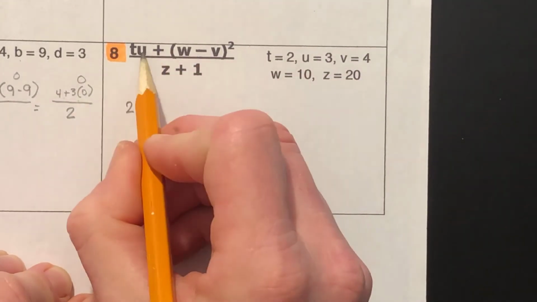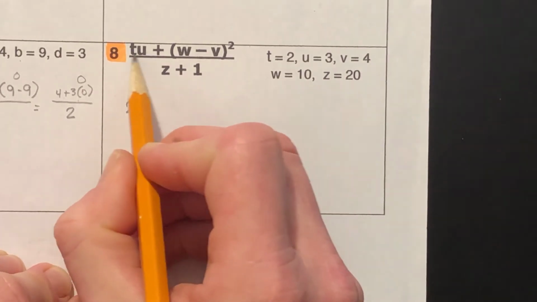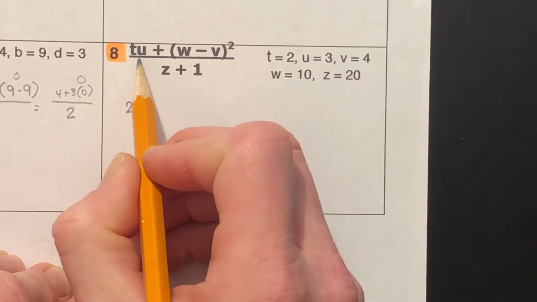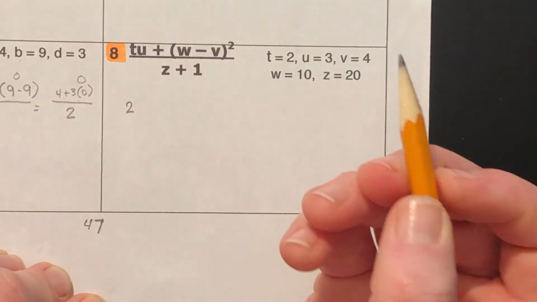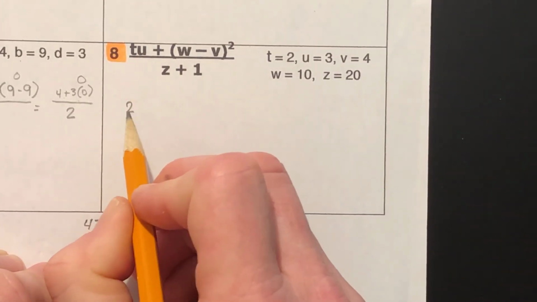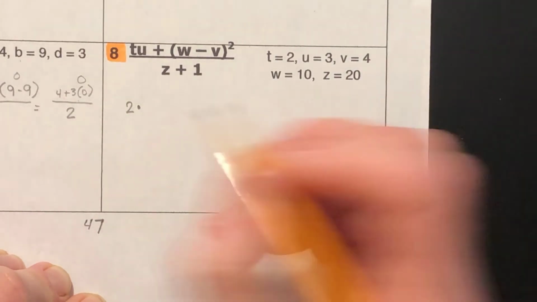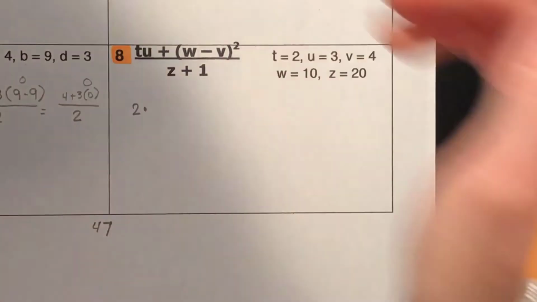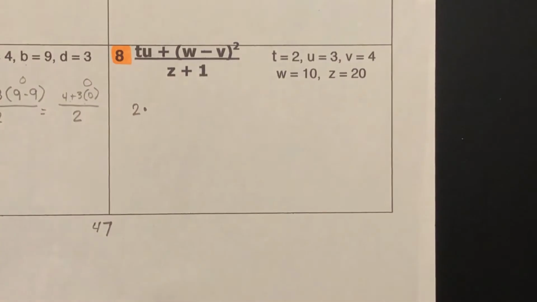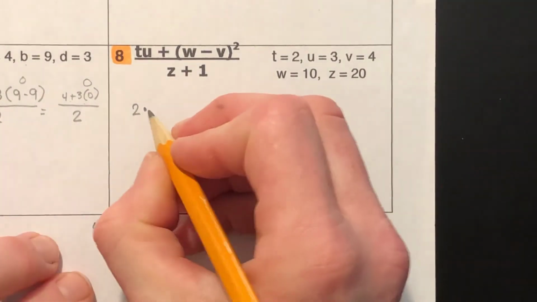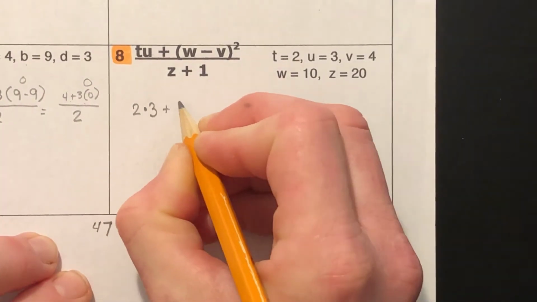We know we're multiplying even though there's no symbol to indicate multiplication, but remember you don't have to put one when you're multiplying variables. Since I am substituting numbers for variables, I'm going to have to add a multiplication symbol. I've got to write one in, otherwise it'll look like 23. 2 times 3 plus,